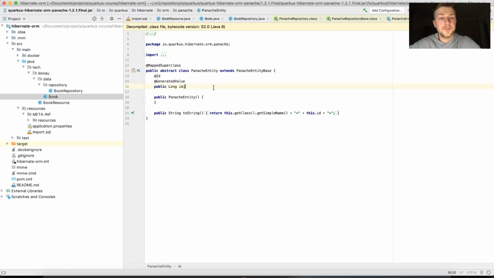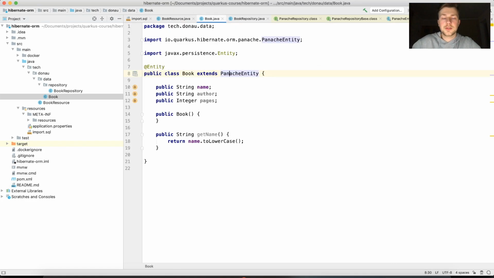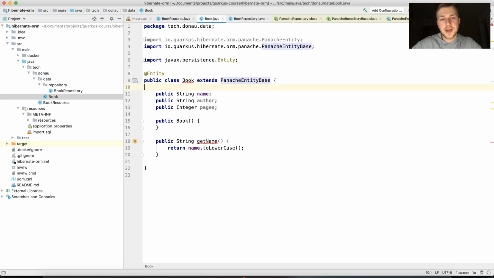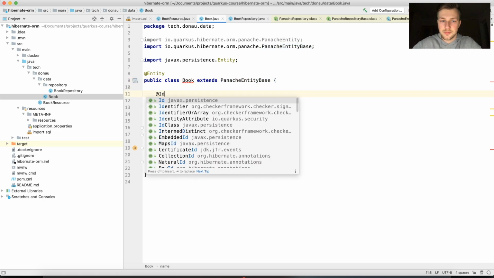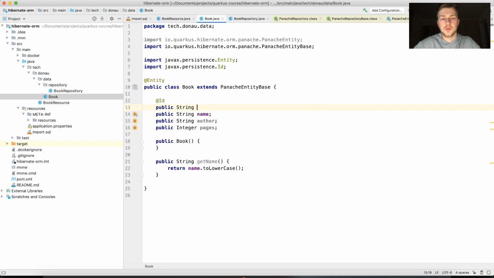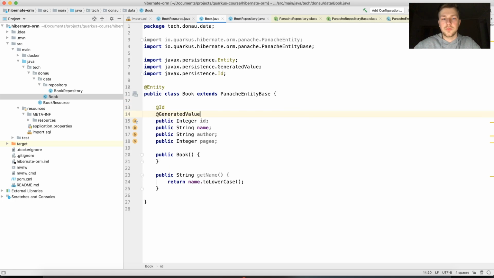And what if you have, for example, a string ID, right? You use a UUID, for example, or something like this, and you want to use the ID itself from the Panache entity, and it's super easy to fix. So you can add a base here like this, so we'll have a Panache entity base. You can see now that a persistent entity should have a primary key, of course, and you're just taking back your ID as it was. For example, if you use a string ID, or how we had it previously, an integer ID, and here, of course, generated value, strategy, identity,